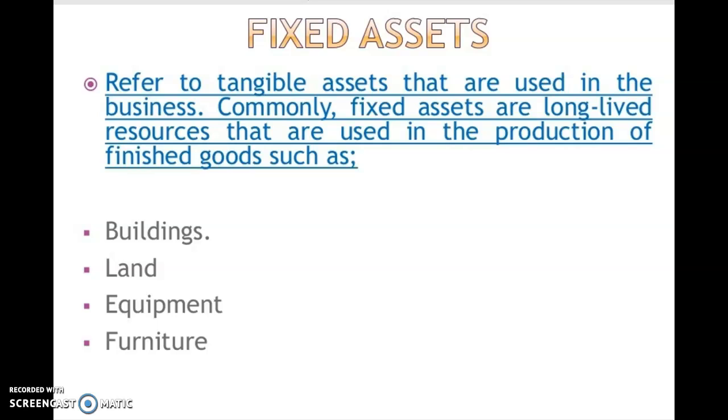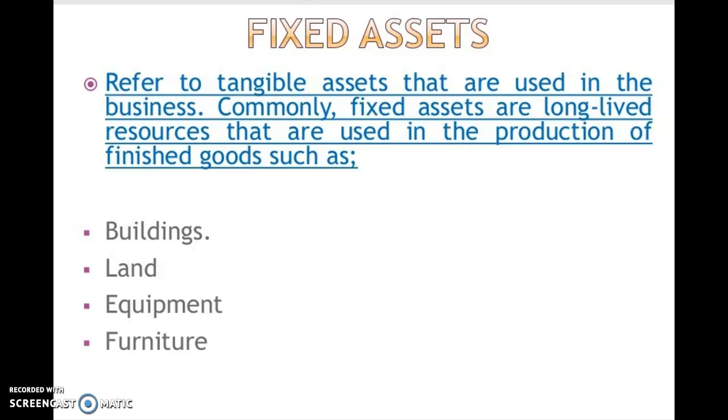One is known as the tangible fixed assets or tangible non-current assets, and other are intangible fixed assets or non-current assets. Now tangible fixed assets are building, plant, machinery, land, furniture, equipments, all that. Because they are tangible. Tangibility means all the items which have the sense of seeing, which can be felt, which can be touched, they are tangible. So first category of non-current assets are categorized as the tangible assets.